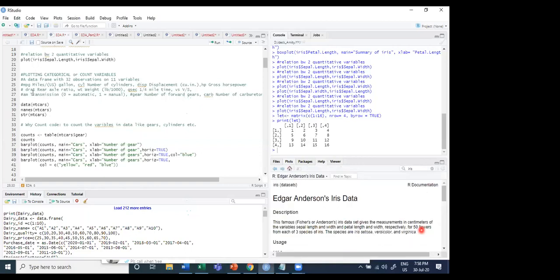Let me search this mtcars data set. I will show you what mtcars is. I am giving it to you right from the basics, and from the basics we will go to the top. Not to worry. Let me go through step-by-step procedures, because this is the way in which we can learn better.